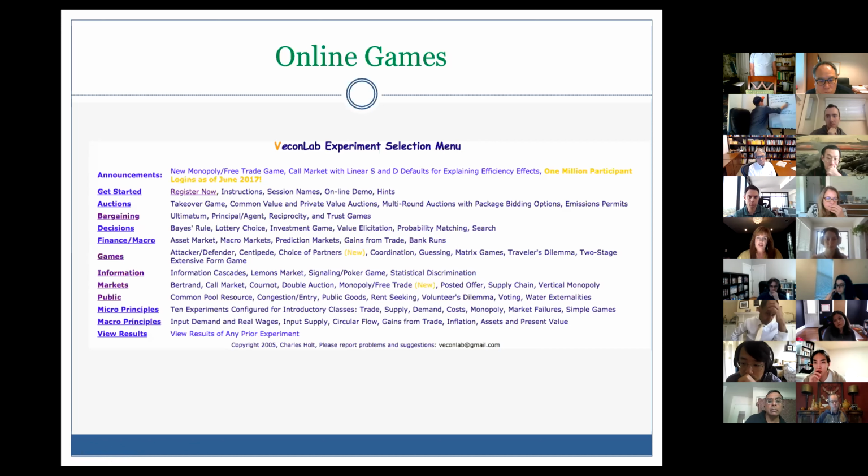There are some macro games, and some about different markets. You can see Bertrand, Call Market, Cournot, Double Auction. You can do a public goods game. You can do a double oral auction game. A huge variety here, and I'll be happy to help walk people through that if you are interested in using them. But the nice thing about these games is that they give